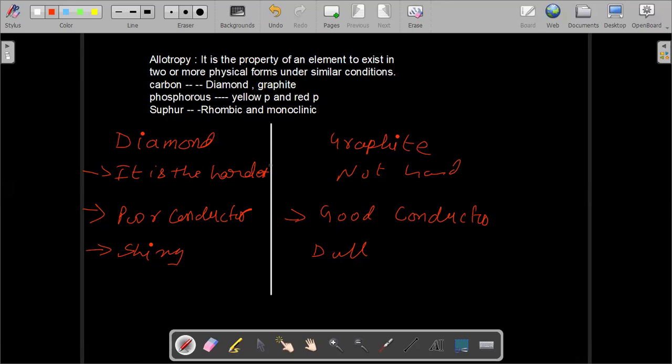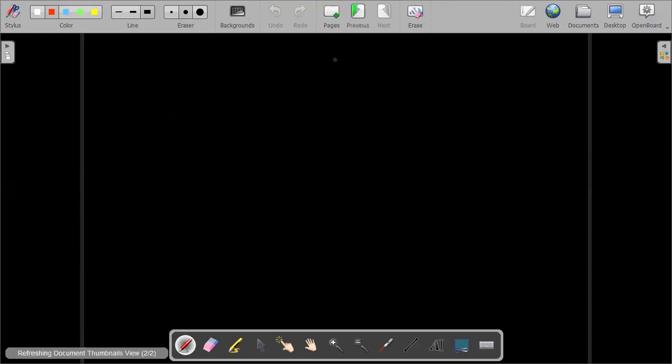Now let's see the structures of diamond and graphite. They will explain how the difference in properties is there. So see how the structure of diamond works. So for the diamond,